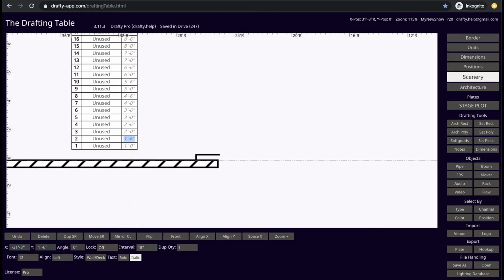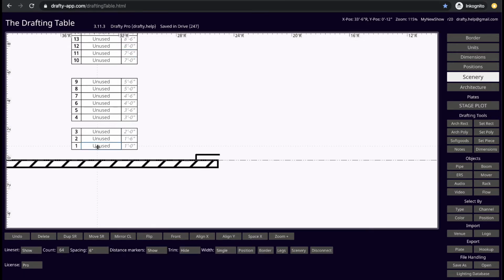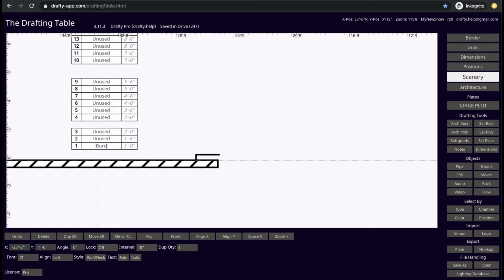Double-click a distance marker and you can enter values that differ from the default. Drafty will add gaps as necessary to properly display correct spacing. Double-click the purpose field to enter a unique purpose for each line set, in this case border 1, legs 1,